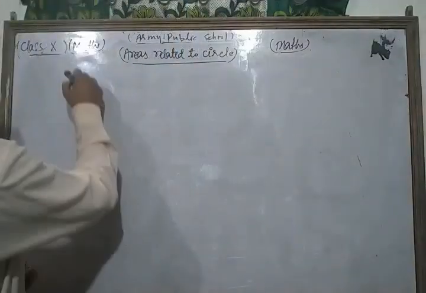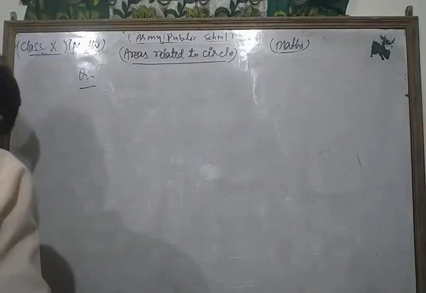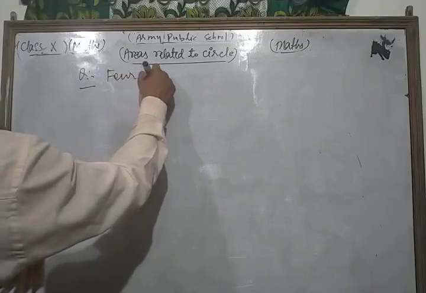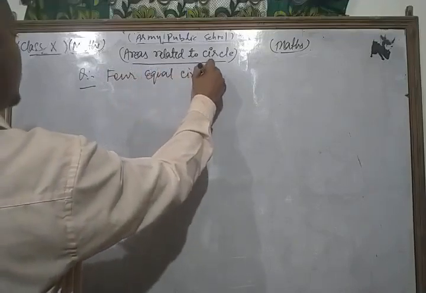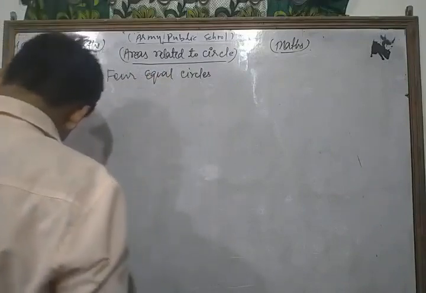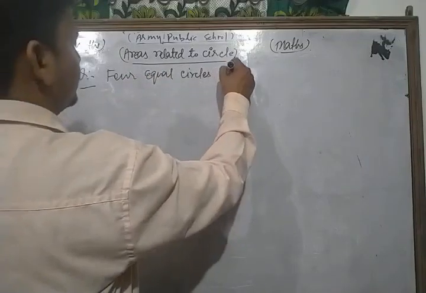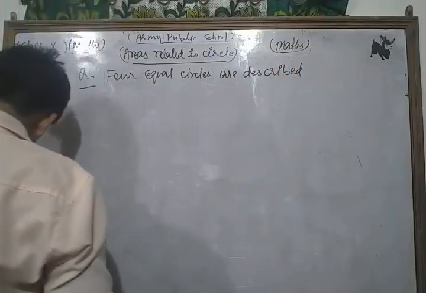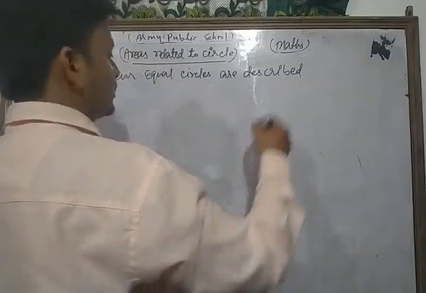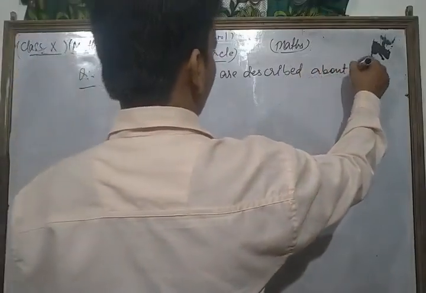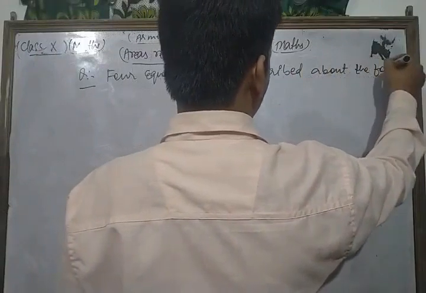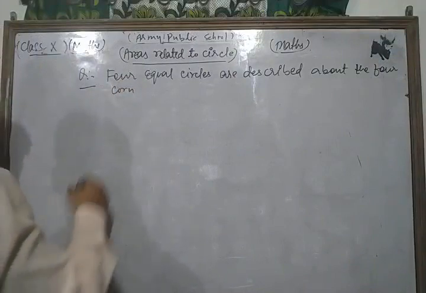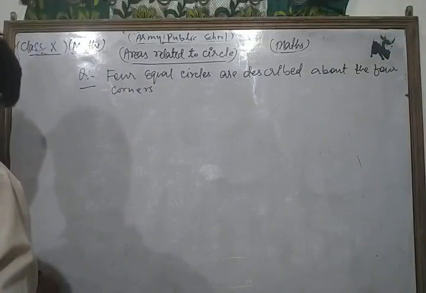Let's see, dear students. We take some important question of your NCERT exercise, and your question is: four equal circles are described about the four corners of a square,